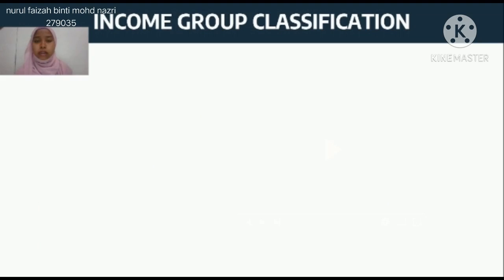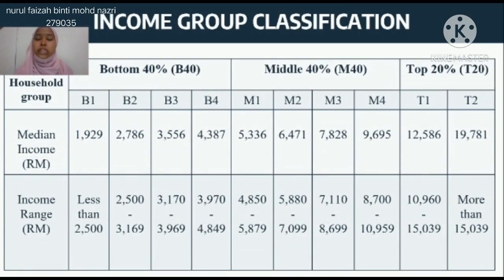Income groups in Malaysia can be categorized into three groups. The first one is bottom 40% or B40. It is also known as the lowest income group. So, based on this table, B40 has four different groups. The first one is B1. For B1, the median income is RM1,929, and for B2, the median income is RM2,786, and their income range is between